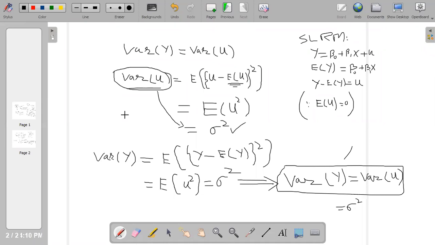Because number one, you should know why this heteroscedasticity should be considered as a problem for an econometric model. This one thing should be clear to you. And the next thing is, how can you know that this problem is there in your model? Okay. And then in the last, we would consider the solution. So far we have only seen its meaning, right? Okay, what is heteroscedasticity? It is a violation of the basic assumption, and it refers to a changing variance situation rather than a constant variance situation. Next we have to discuss what are the problems if heteroscedasticity is there, and number 2, how can you detect it, and number 3,